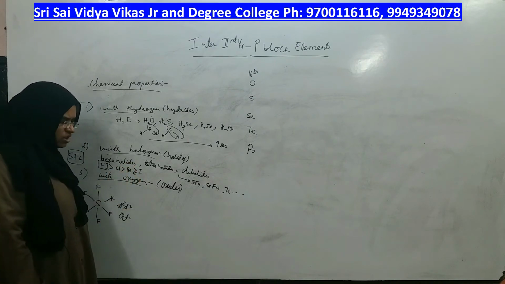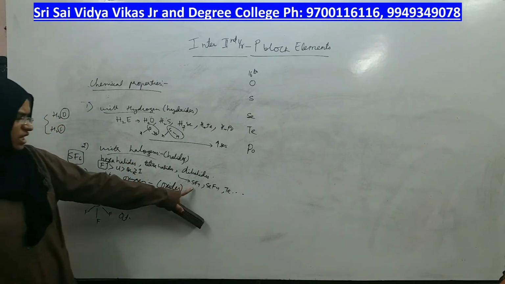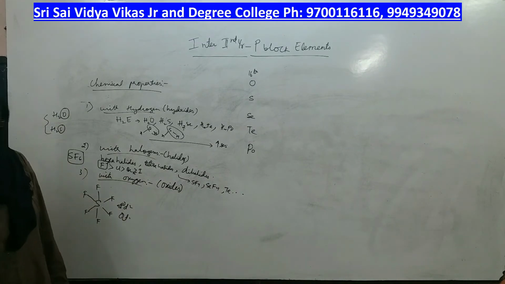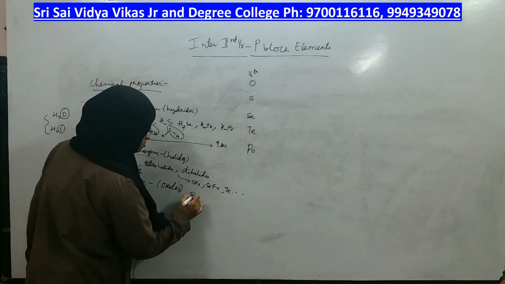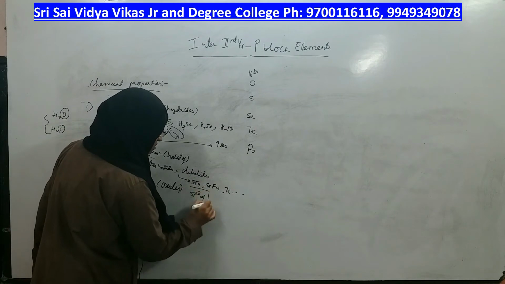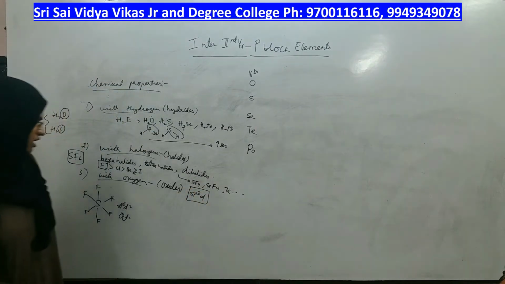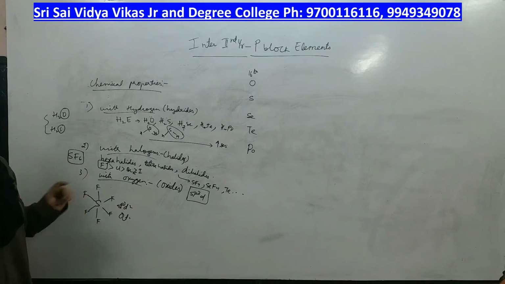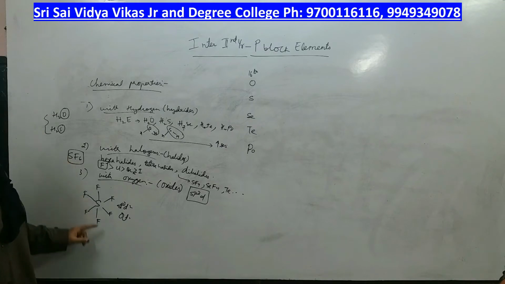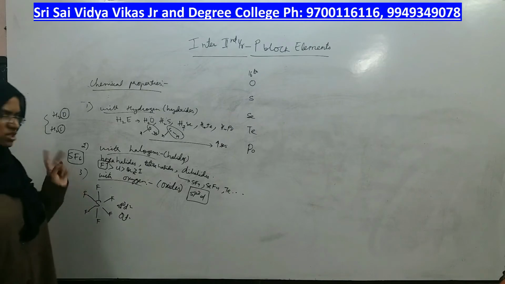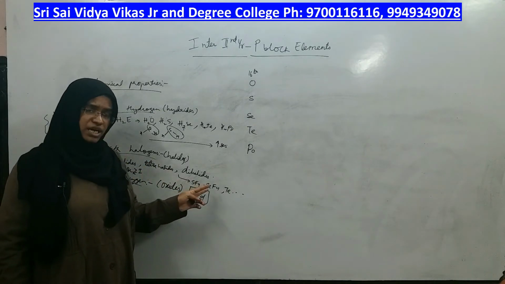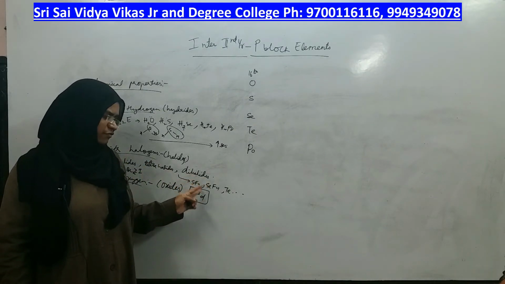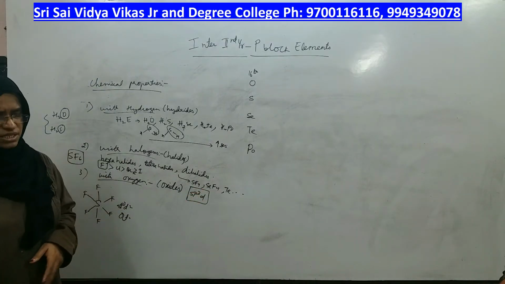And for tetrahalide, what is the hybridization? sp3d. This is very important. For 2 marks this type of question comes: draw the structure of SF6 along with its hybridization. So what you have to do? You have to mention that SF6 is an octahedral molecule, its hybridization is sp3d2 and its shape is this. Draw the shape. Same way, they may ask you, draw the shape of the SF4 molecule by mentioning its hybridization.